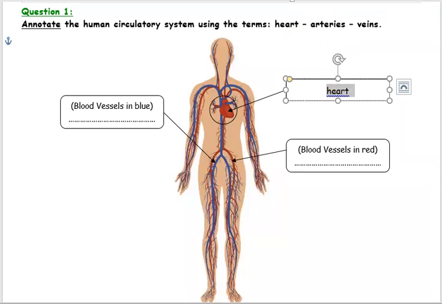Again, the heart is a muscle that has the size of your fist. This muscle pumps or pushes the blood in special tubes. There are two types of tubes. We have the red ones and the blue ones, the arteries and the veins. When the heart pushes, the blood leaves the heart and it circulates inside tubes and moves to our